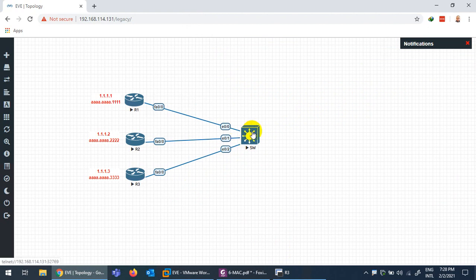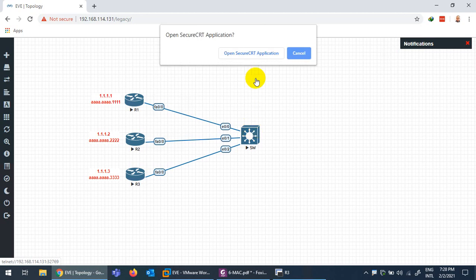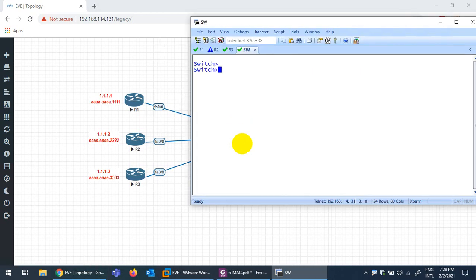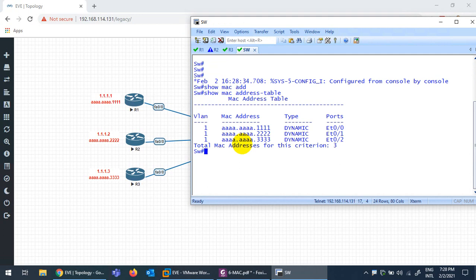Now coming to the switch, our main topic. Don't worry about the configuration. I will give you a script, just copy paste and do your lab, because our main target is the MAC address table, which is related to the Cisco switch. Now we are in the switch. The hostname is Switch, and if I say show mac address-table, it's already there, because by default PCs are not sending their details until you do communication the first time, like I showed you in Packet Tracer. But routers send them when you first boot up, so they send their MAC addresses to the switch.